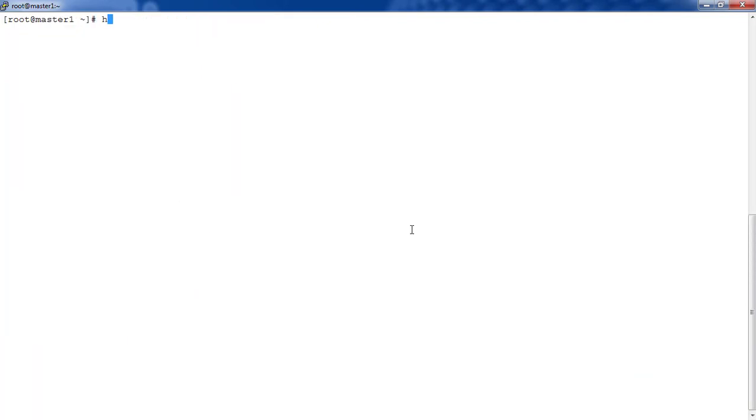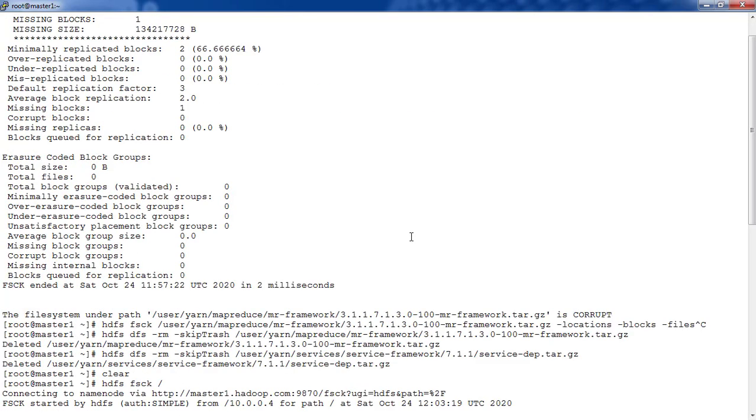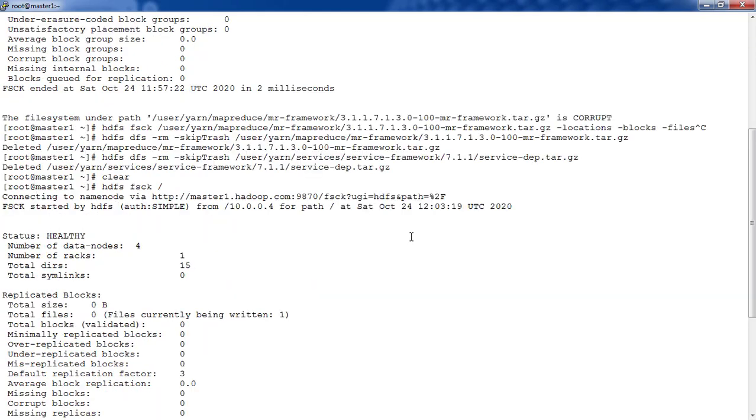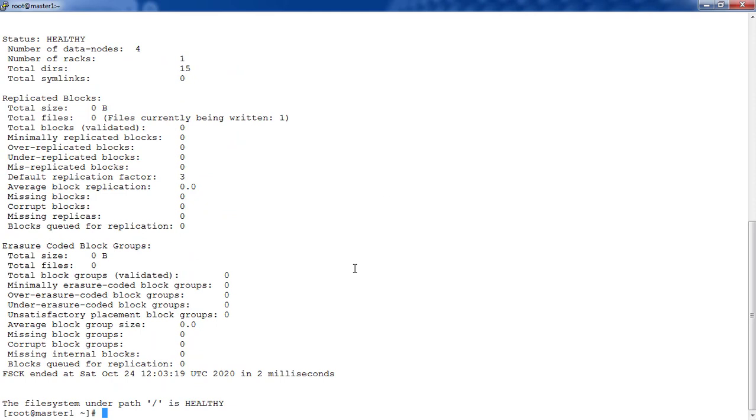Now if I use hdfs dfs fsck /, that error might go away. Okay, so this time there is no missing block, but this is the last option you can do, just cleaning. Otherwise, try to restore those block files with the help of the Linux admin team.